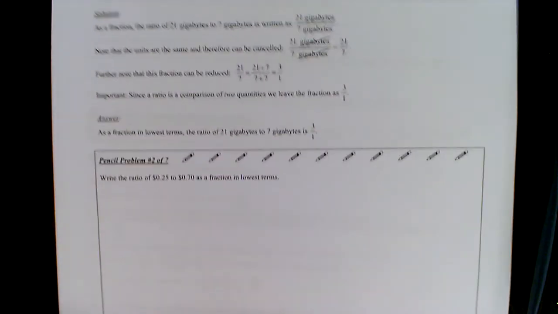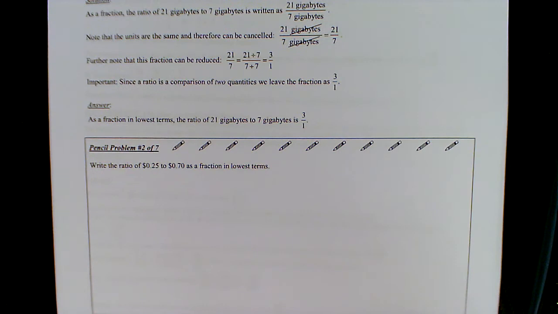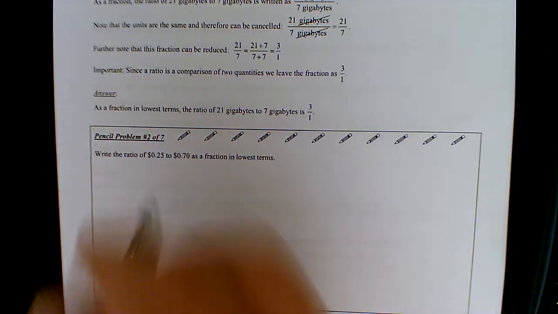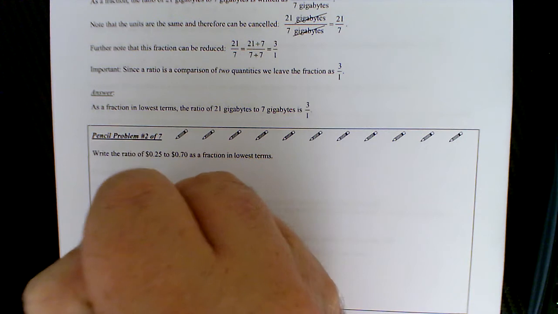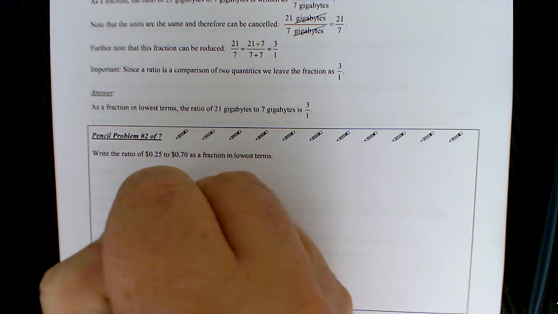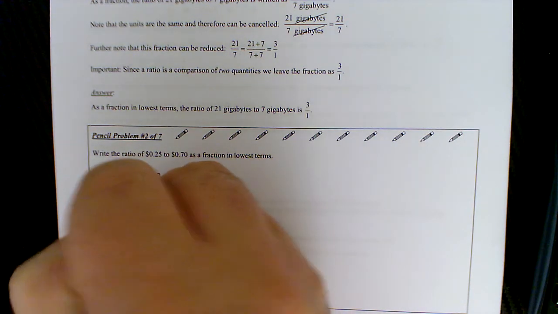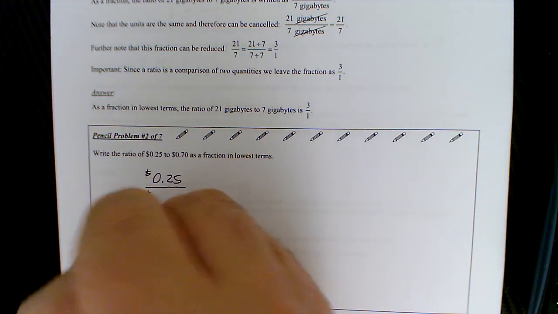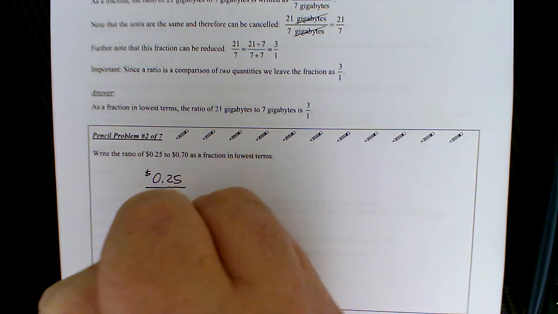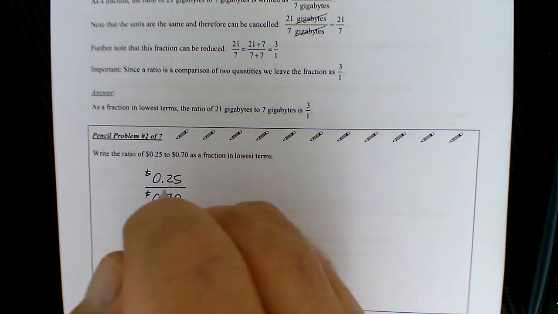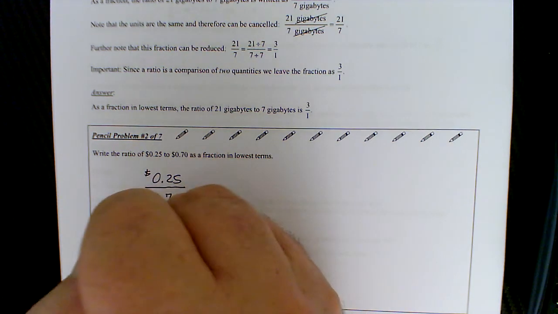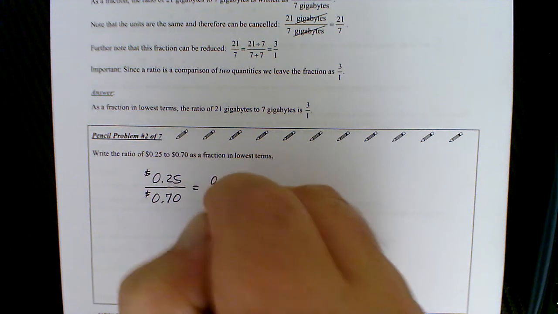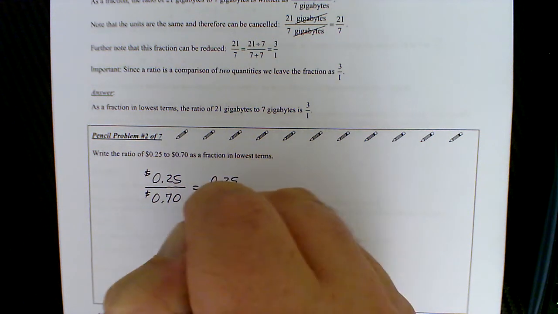We've got example 2. You could read through that on your own. On to the pencil problem. This as a fraction, just write 0.25. Really, it's $0.25, so 25 cents, over $0.70. First thing we could do is eliminate the units. So we eliminate the dollar symbol and just write 0.25 over